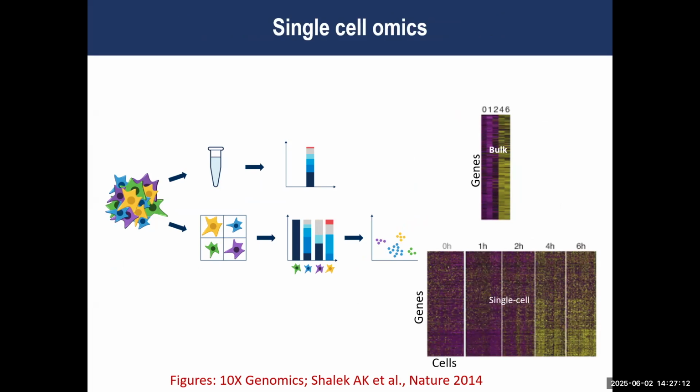There are two common approaches which we use in the wet lab. One is simple bulk omics, where we don't differentiate the cells and rather sequence them all together. Therefore, we get an average expression value of all the genes. So basically, the data looks like a matrix where the rows represent the different genes we have in these cells, and the columns represent the different time points. But this has the downside that we cannot differentiate between the different cell types.